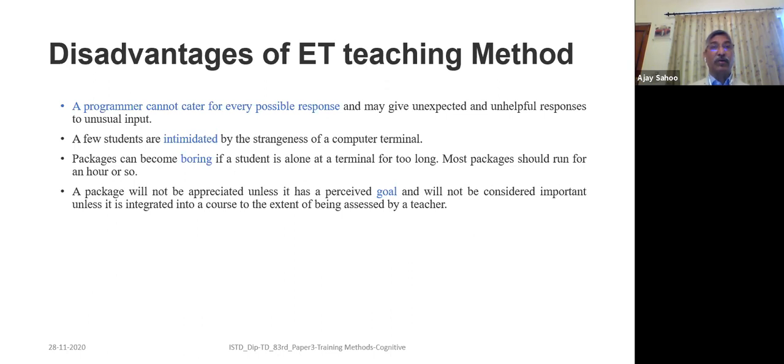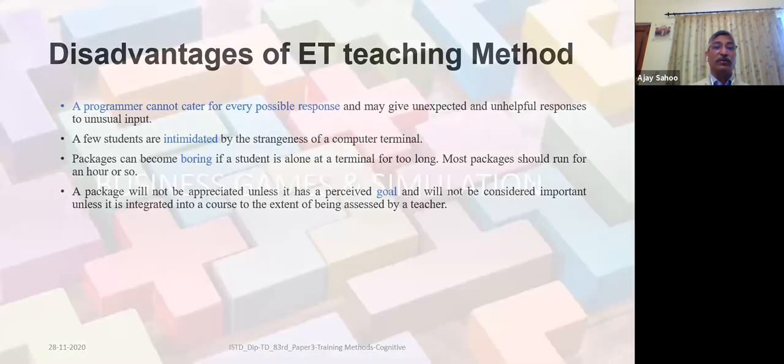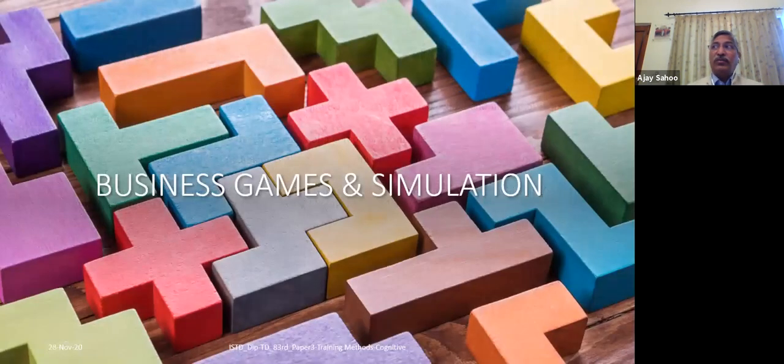So there may not be some tests at the end of it, or you won't actually know what you are gaining out of it, apart from kind of satisfying your hunger for knowledge. So the goal also plays a big role in the electronic learning process. All right. So this is what we had done